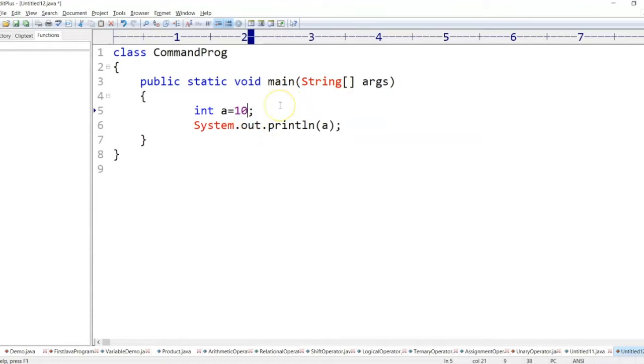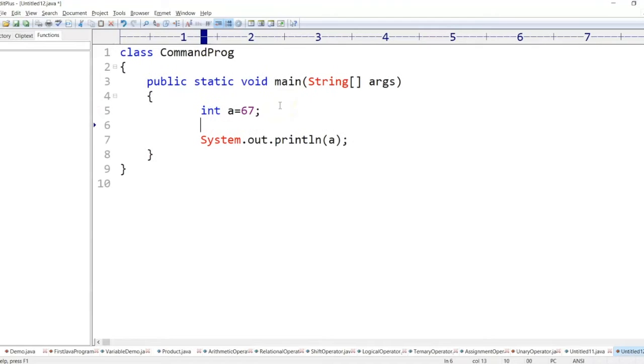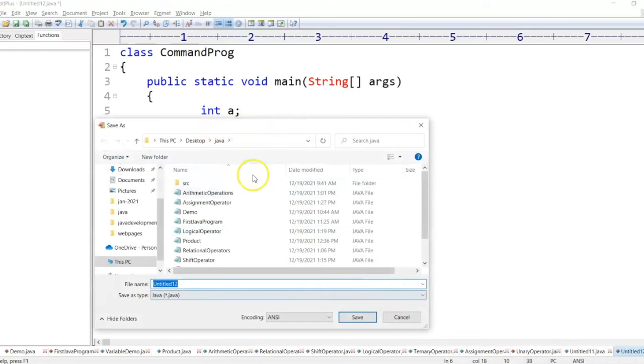Say for example, I have a as 6767 and b as 45. Then I want to do multiplication of these two numbers and print it. But I don't want to give these values in the program. I want to enter them from the command prompt and then execute it. So for that, let's save this program,